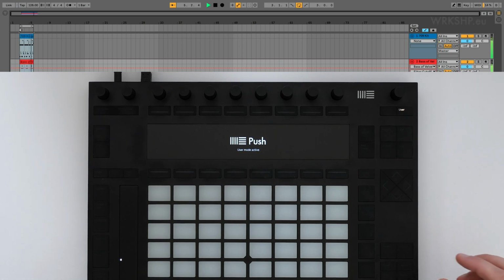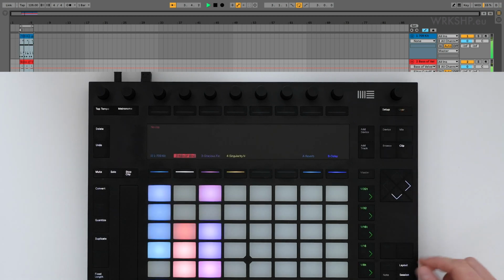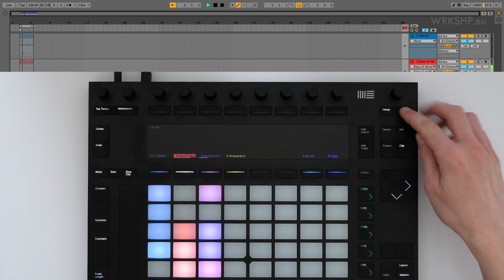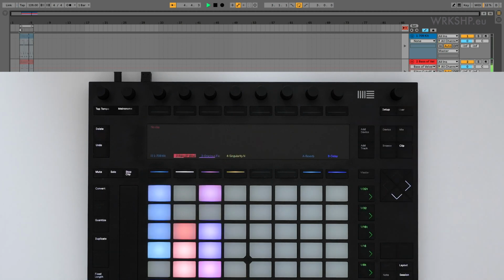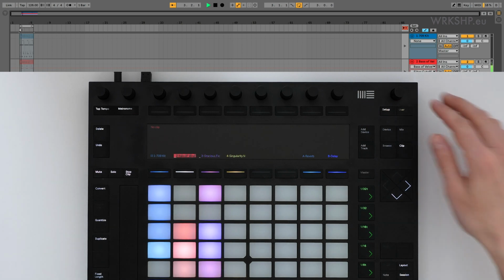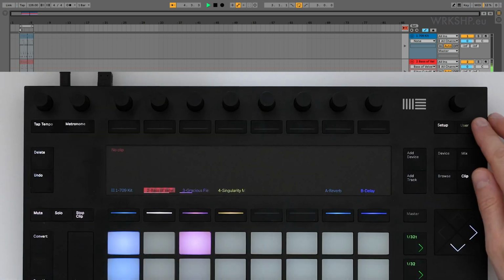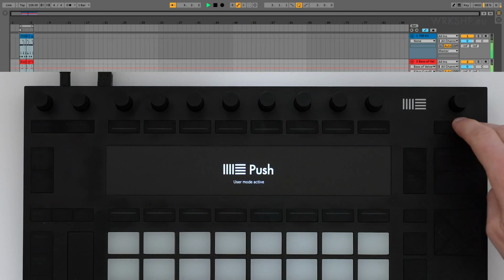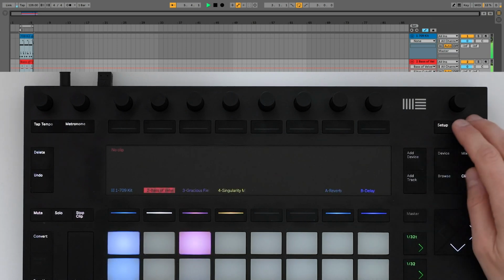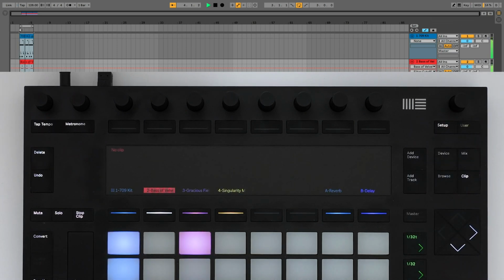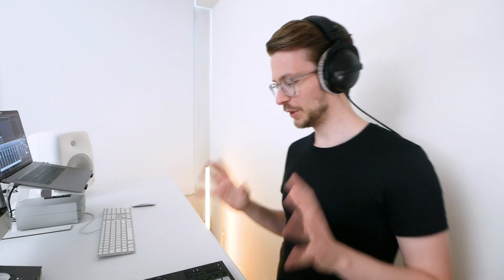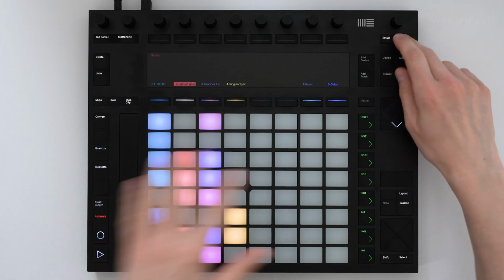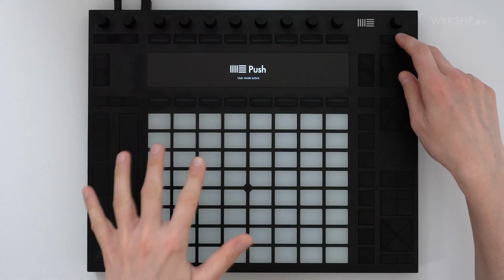And one very neat trick, coming out of user mode, I'm going to redo what I did, is that the user button is also momentary. So if I hold it down and let go, it comes in and out automatically of the two modes, the Live mode, this one, and the user mode. That means you can hold it down, just tap this one, activate it, let go, very fast. So 1, 2, 3, out. Very, very useful. And I can hear your brains working as I speak, because that means you can essentially use user as a momentary button and map all sorts of different things to other things within Push.